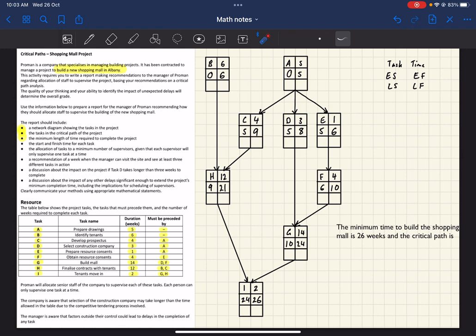So we have to look at these and look for when do they start and when do they finish, and when is the next task or the end of the project. So looking at this one, the earliest it can finish is 26 weeks, so that has to be a critical task. So you're looking for the ends of the project. Sometimes you have a dead end in a project. If its finish time is not the earliest finish time for the whole project, it is not in the critical path. So I is in the critical path, so we'll highlight that.